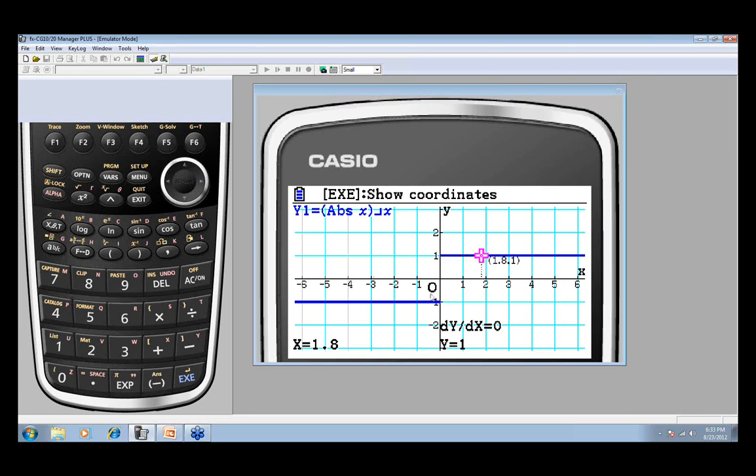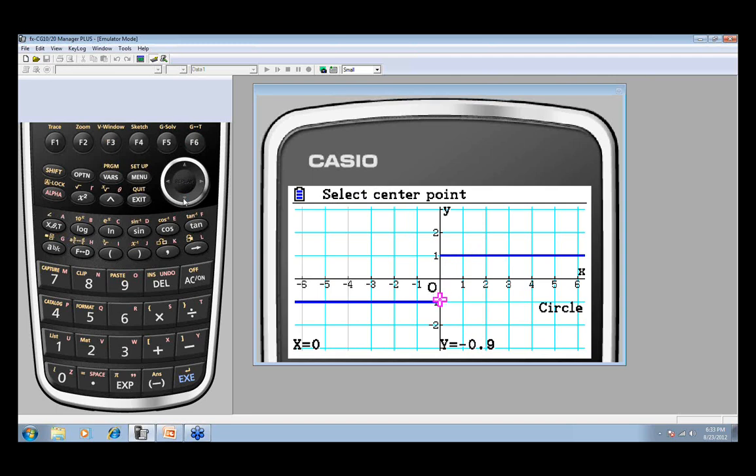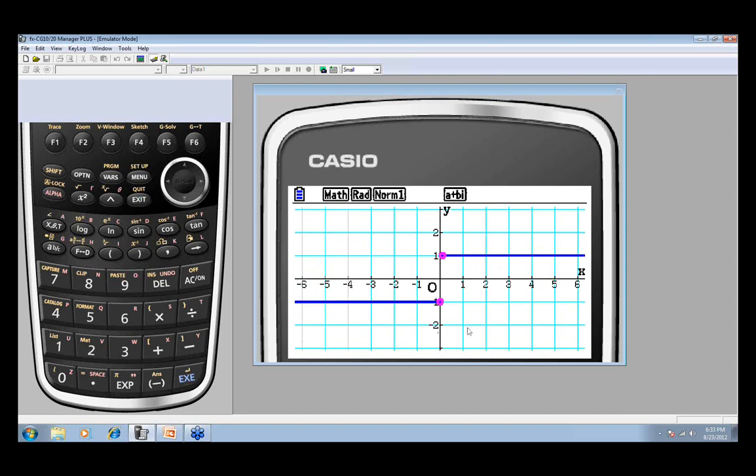To really emphasize that this graph made a jump from here to here, it might help your students if you draw some little circles there, so that they can see this is a place where the graph was undefined. We press the execute key, which starts my circle. I shift it over just a step and press execute again, and that way I have a circle left in place. I'm going to do the same thing up here: go over, press execute, and I've drawn another circle. I want to exit out and come back so that I can see my graph.